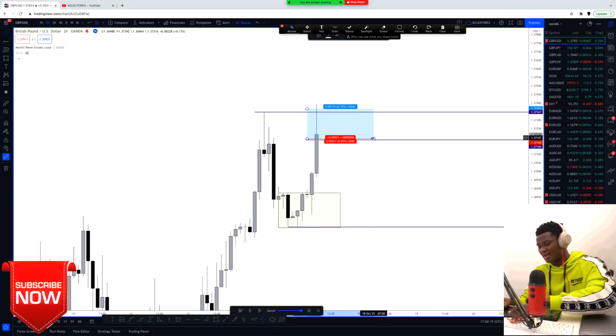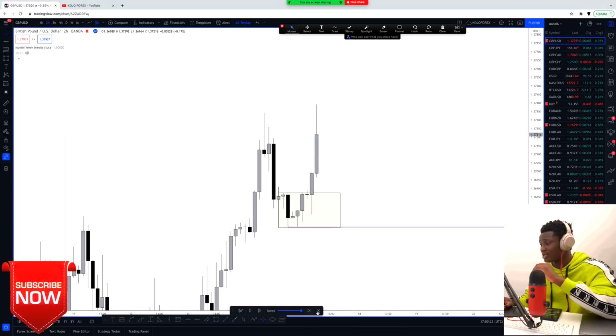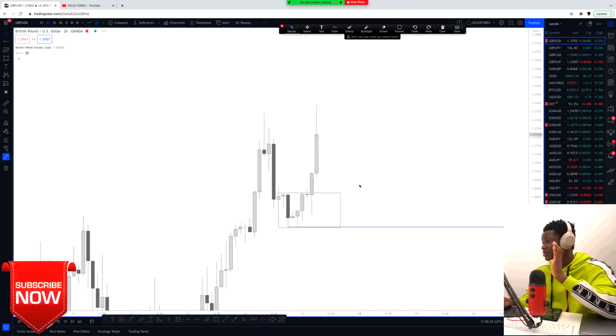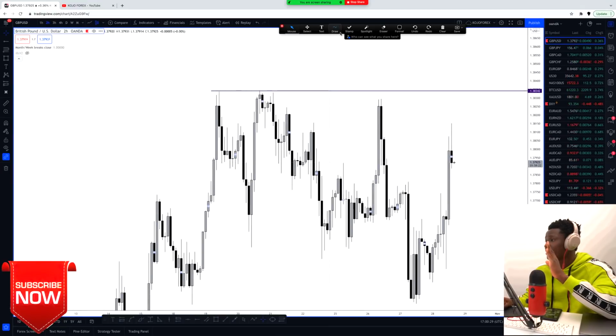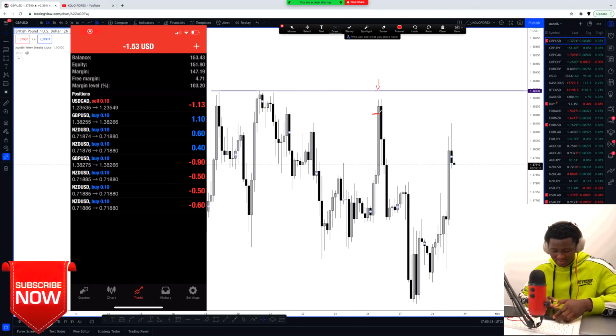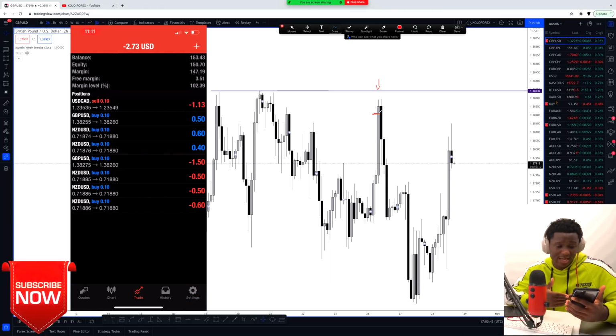So yeah, it was a similar kind of concept that I applied on the GU, seeing the fact that we are approaching this resistance, we're trading around here, and then we could have easily captured up to this point. So I'm trying to go all out here. So yeah, these are some of the trades. When I took the trade, right, it was a full margin trade. If you see this, it's a live account.